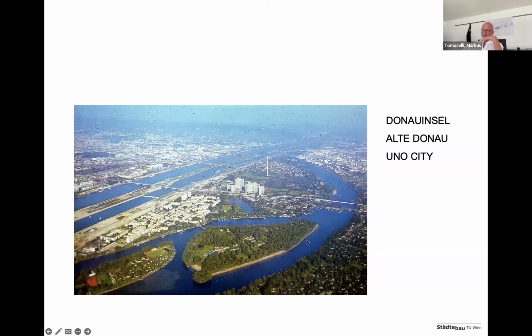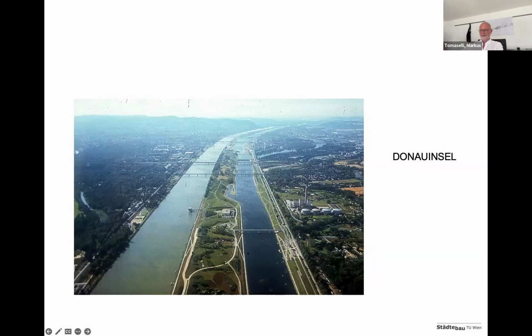What we also see are some remains of the old riverbed, which was very much changing during the time, and even every spring it changed its position. And these remaining arms of the river are also recreational infrastructure nowadays for the city of Vienna. This is a more recent picture of this island, this artificial island, that also shows in the different color of